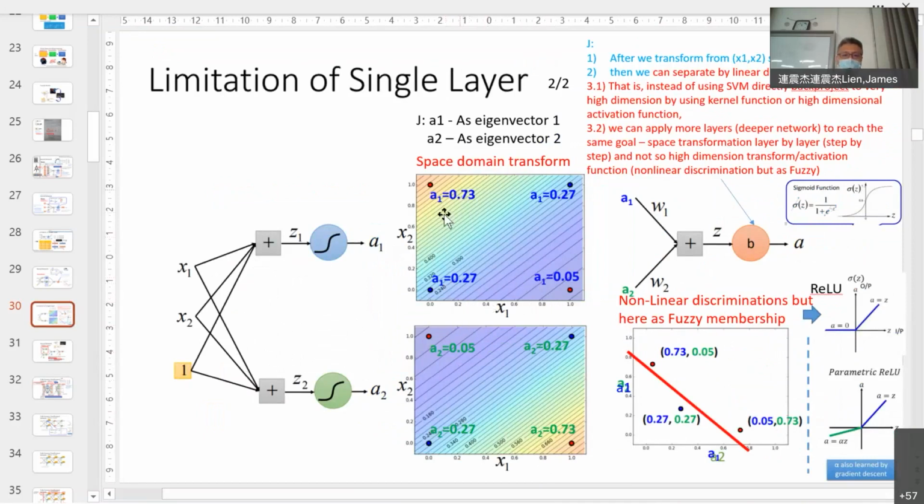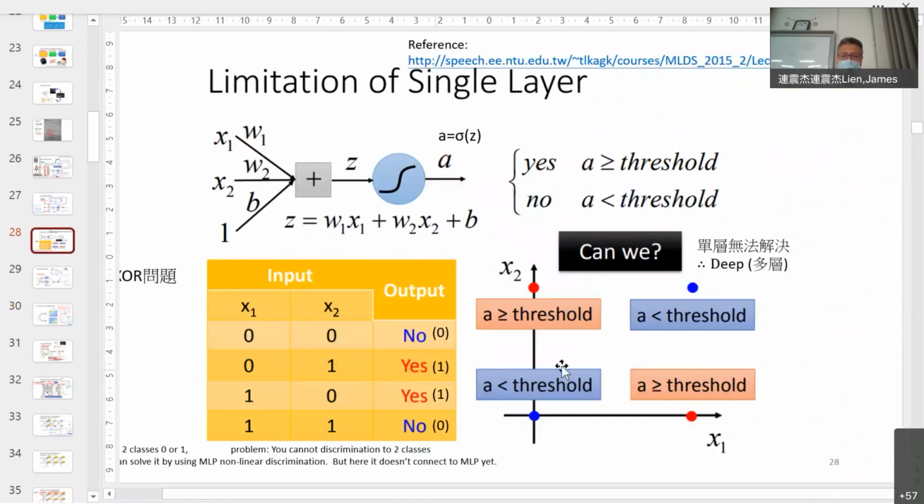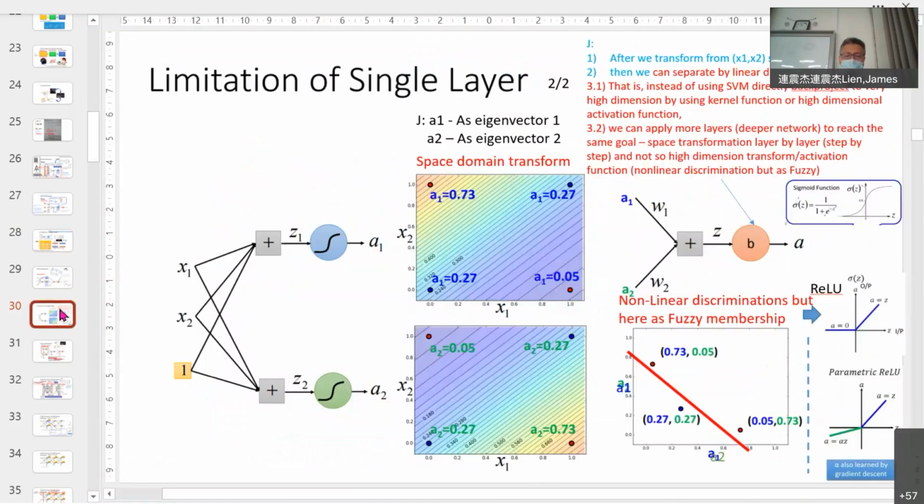So originally x1, x2，再回到这里是 original x1, x2. Page 30. So after the first one, this A1, is A2. The input is x1, x2. After activation function, it will become this value. For the A2, it will become this value.